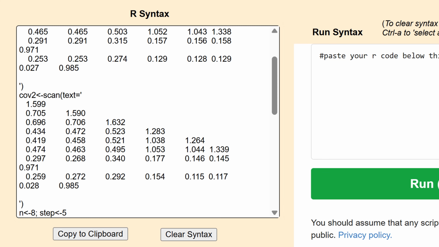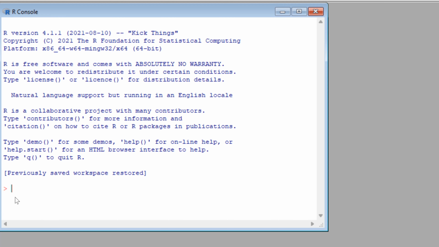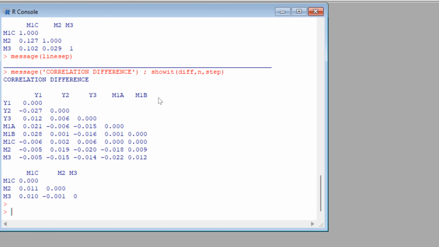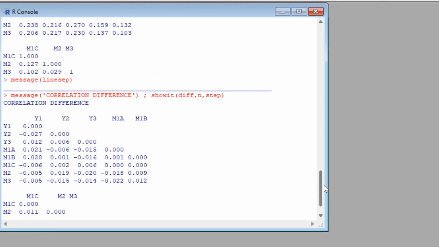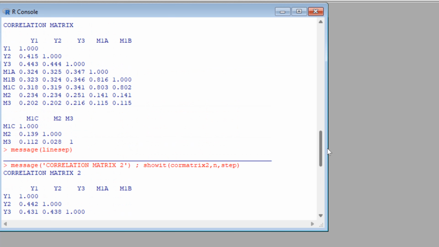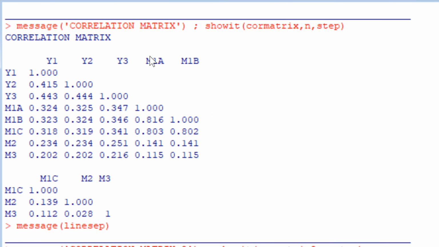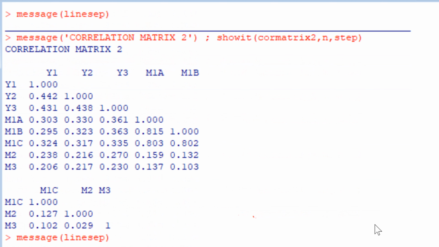I'm going to open up R. I'm going to hit Control V up here, and that's going to paste the syntax I generated, and as it pastes, it will execute. Okay, the output is in blue, the programming is in red, so if I go to the top of the output, the first thing I get is the first matrix converted to a correlation matrix. That's there. Then the second thing I get is the second correlation matrix